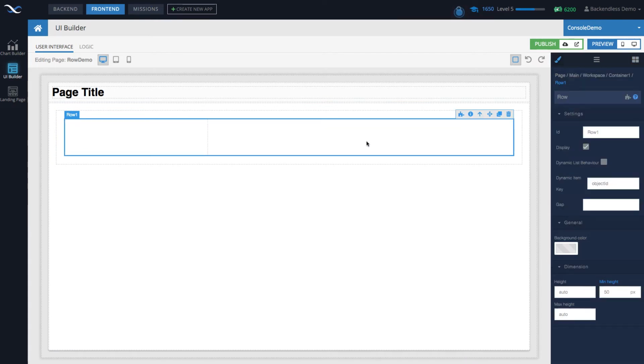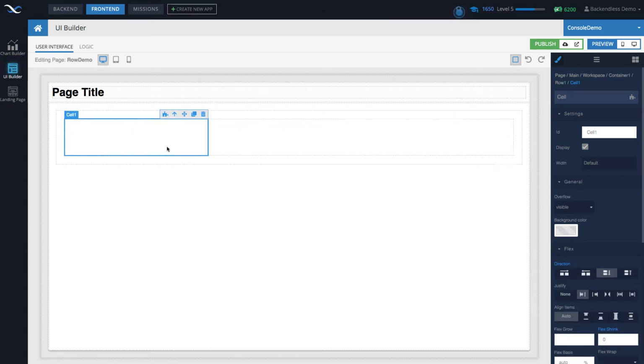I talked about rows in the container component video, and you can see the link on your screen right now to explore the container component. A row has cells, and you can have multiple cells in a row. There are 12 positions in a row. If you want all the cells to be within the same row, the width of the cell can control that.